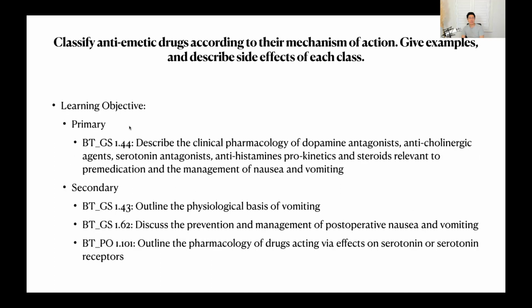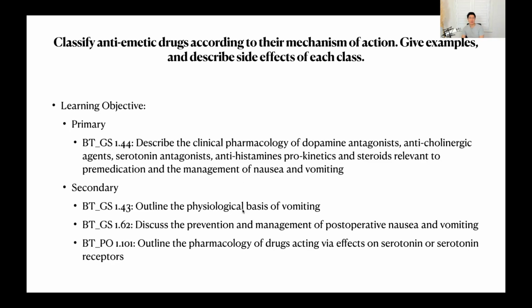And the primary learning objective is BTGS 1.44, describe the clinical pharmacology of dopamine antagonists, anticholinergic agents, serotonin antagonists, antihistamines, prokinetics, and steroids relevant to pre-medication and the management of nausea and vomiting. And essentially, this will give you your core answer, although there are some other classes that you should also list